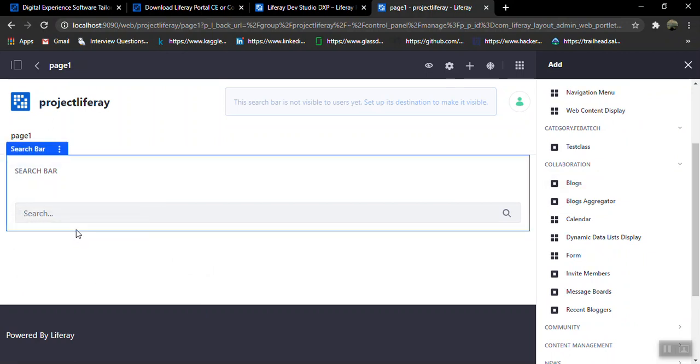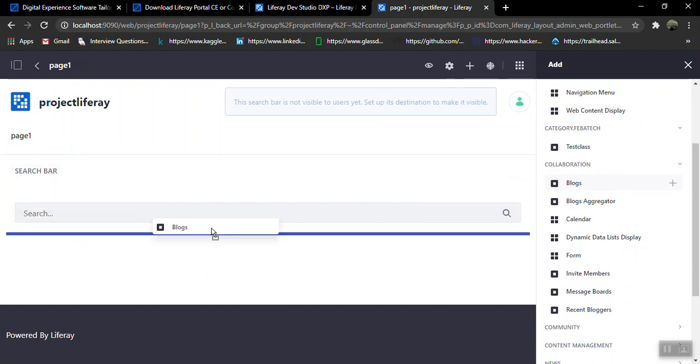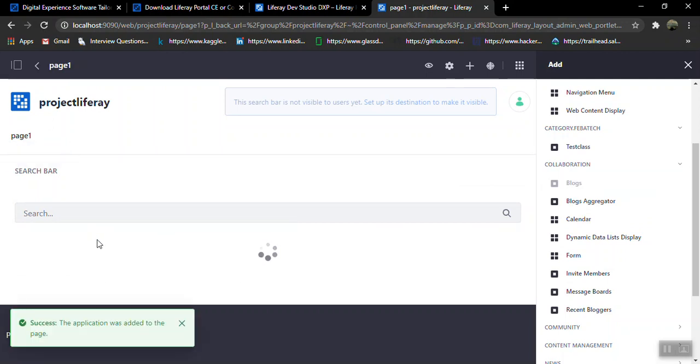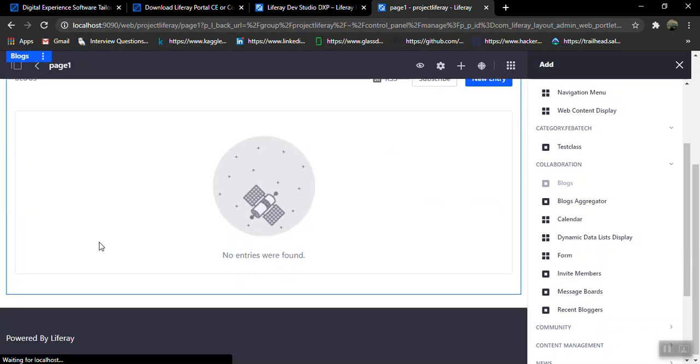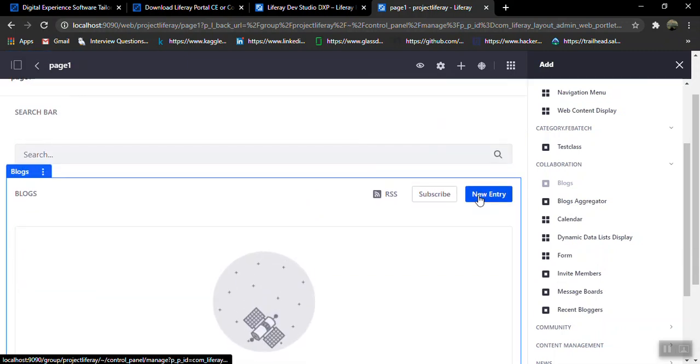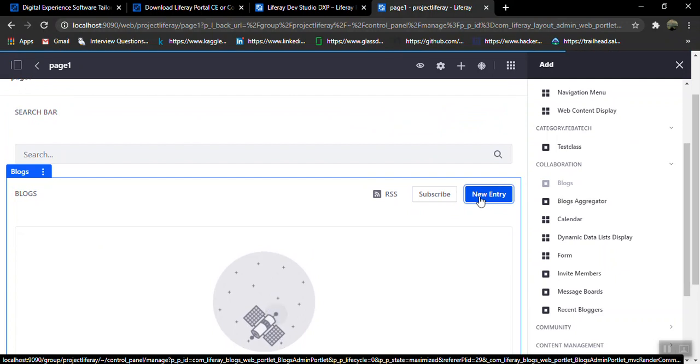You don't require much effort, just drag and drop. I don't have any blocks right now, so I'll add a new entry. It's taking some time.